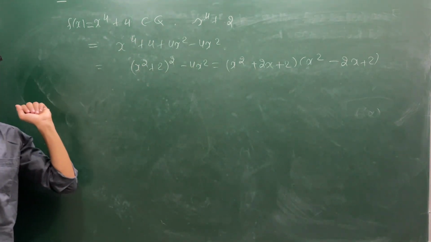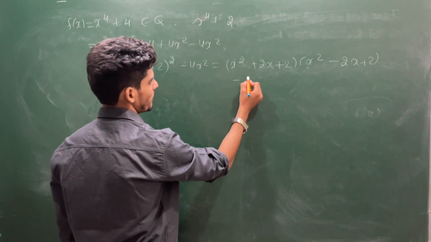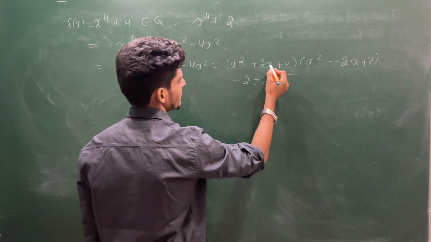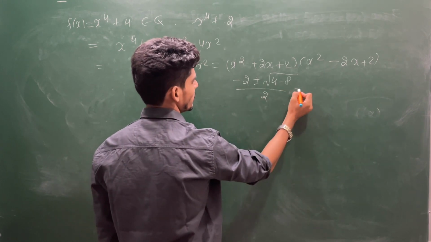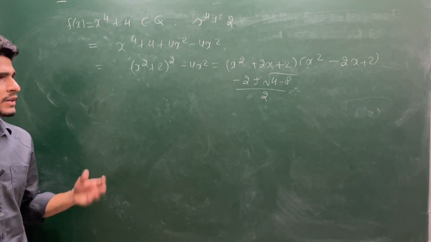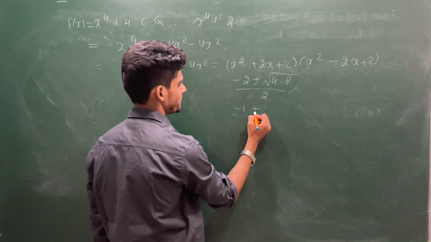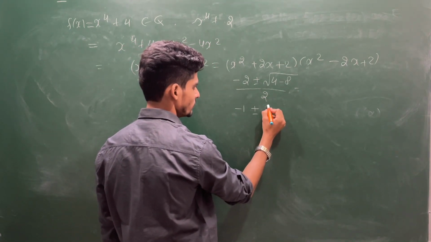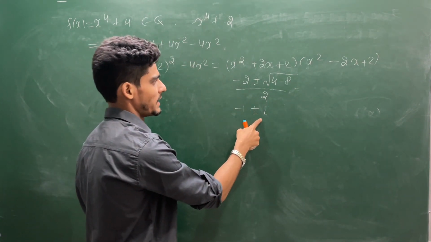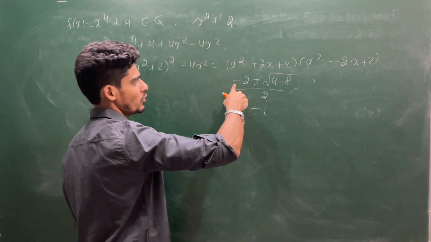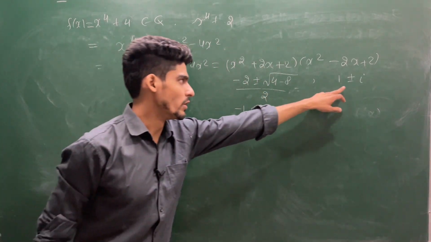We are looking for the splitting field. Let us find all the roots. The roots will be, you can see, minus b plus minus square root of b square minus 4ac by 2, that is 4 minus 8, which is minus 4. You can take 4 outside, then 2 will come outside, then you will be having minus 1 plus minus iota, because 2 will get cancelled out. Similarly, if you find the roots here, the only change is the negative sign. So you will have 1 plus minus iota. These 2 will be roots here.